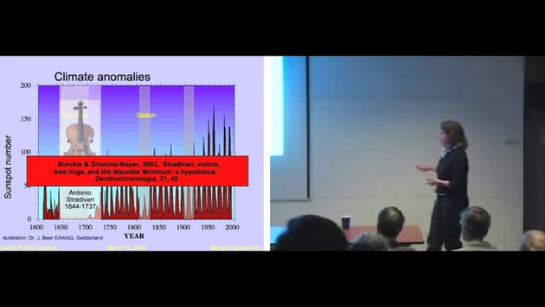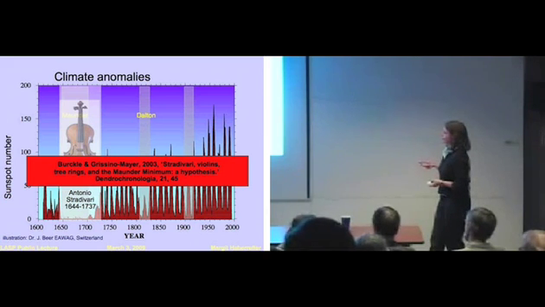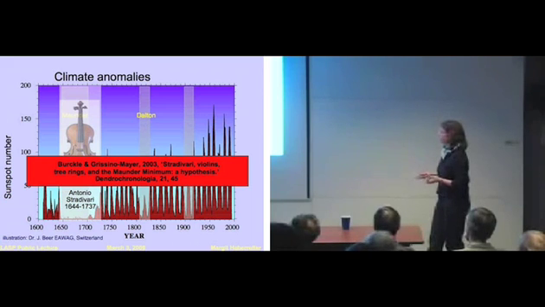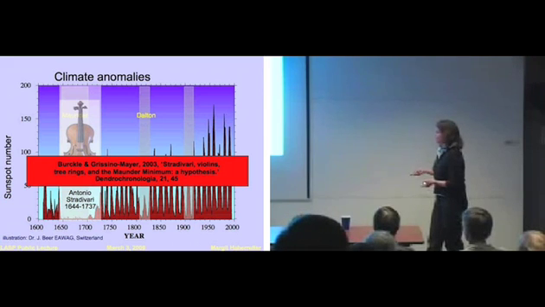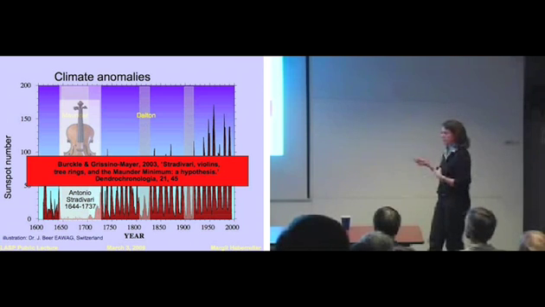And apparently Antonio Stradivari lived just towards the end of the Maunder Minimum, and as you know, he built the Stradivarius violins, which people now buy for a few million dollars, I think. So they have extraordinary sound characteristics, and you might not be convinced by the point I'm making here, but nevertheless there has even been a publication about it. So people studied the wood that was used during that time, and they find really,